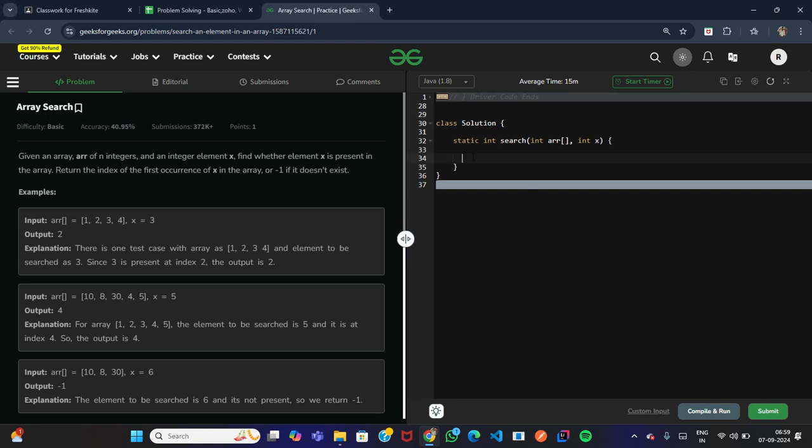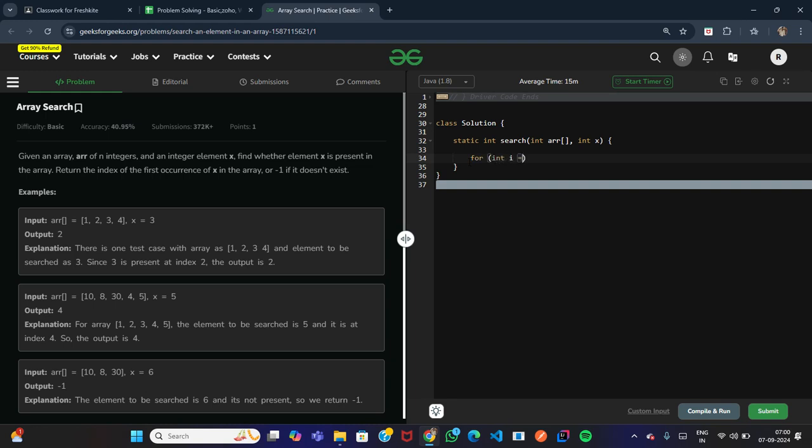First, clearly understand the question and how to solve the problem, and first think of the logic. I found one logic. The logic is to first traverse the array, checking each single element. If x is present in the array, return the index value. If it isn't present in the array, return -1. And now code the for loop.